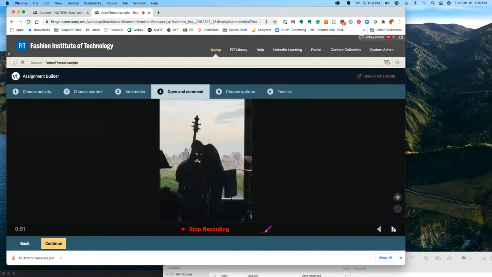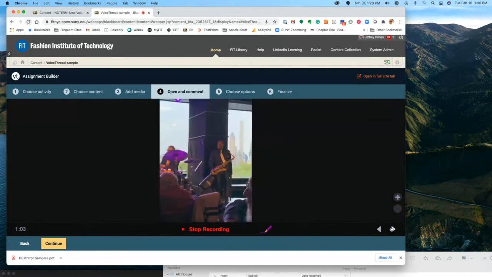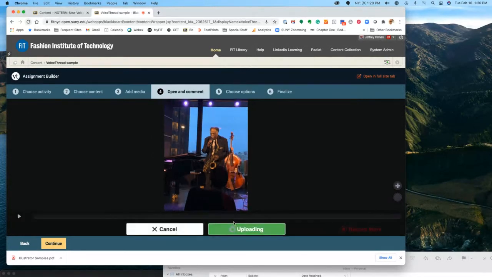As I'm going through and talking, the timings of my voice are saved. By the way, this is over at Jazz at Lincoln Center. They have this incredible view of Central Park if you go to a day concert. So I'm just going through. For those of you who know jazz, that's Houston Pearson, one of the titans of tenor from the earlier days in jazz, and he can still do it. So now that I'm done, I can click stop recording.